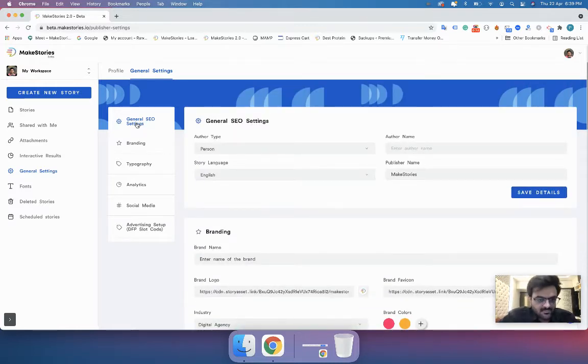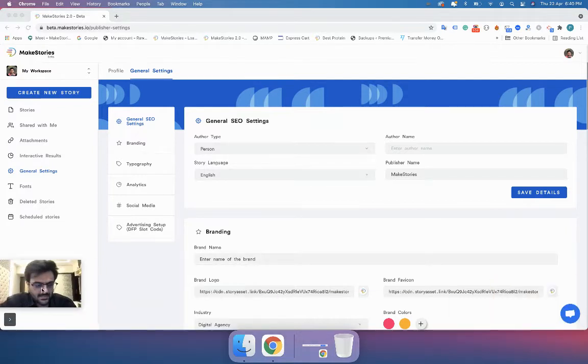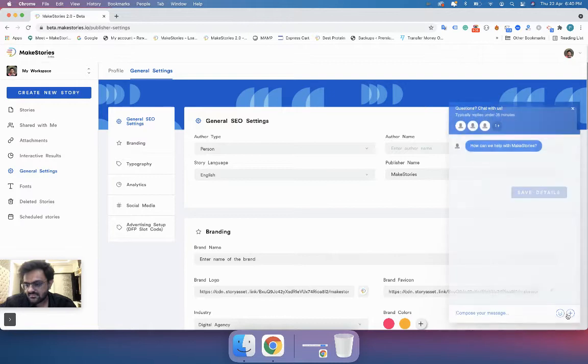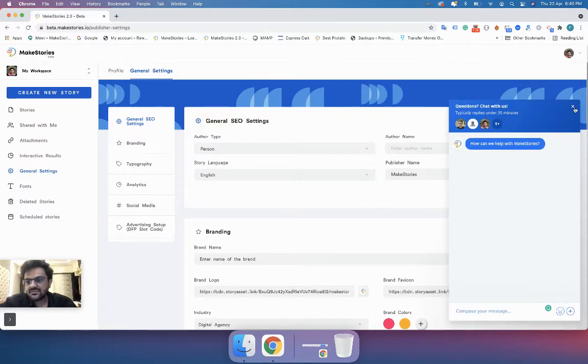But before I proceed further, I would like to let you know that the left menu may change from time to time. While I'm recording this lesson, there might be some feature which is under development, and once it is launched, it may be added to the left menu. So if you see the left menu of the dashboard different than what you are seeing in this lesson, please don't panic. If you cannot find anything or if you are confused, just reach out to us by clicking on the small bubble in the editor, and someone from us will definitely help you out.